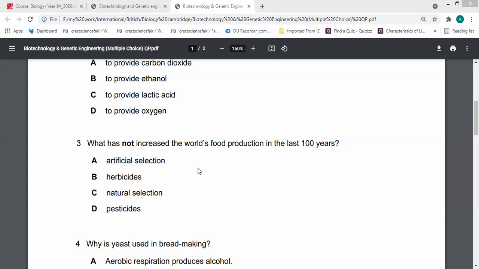Yes, but I don't think it will decrease the food production. I think it will increase it. Marwan, what do you think? Well, pesticides can help plants grow, and herbicides